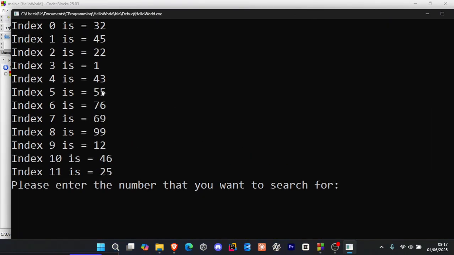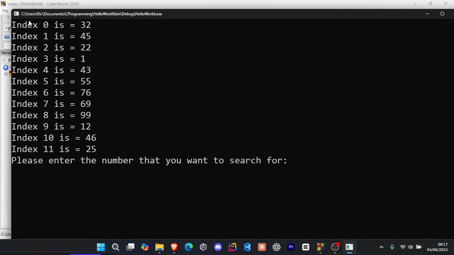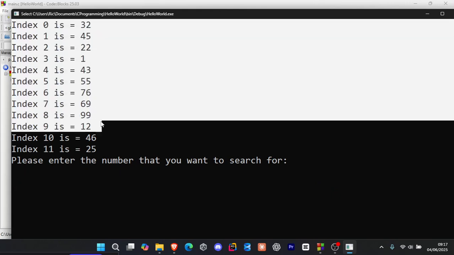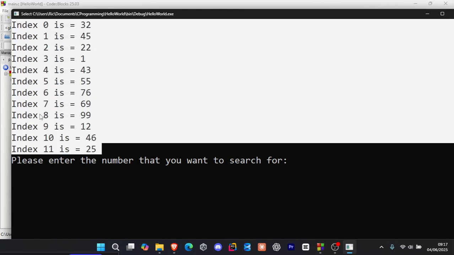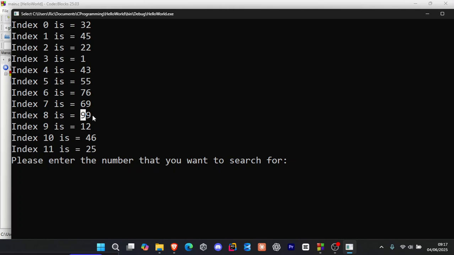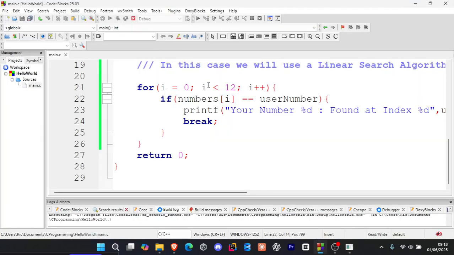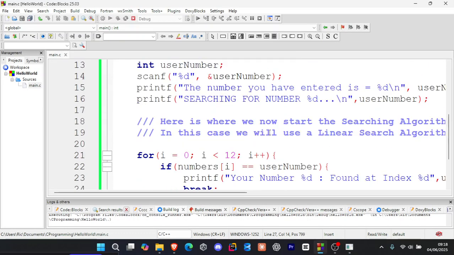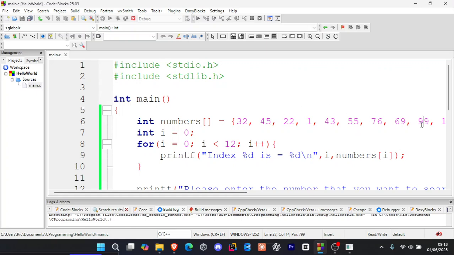First of all, you can say these are our numbers. Index 0 is 32, and so on. Index 8 is 99. So let's say we want to find number 99. What we'll do is input number 99. And when you input number 99, personally, I expect that it will find our number 99 at